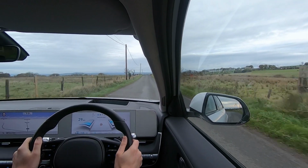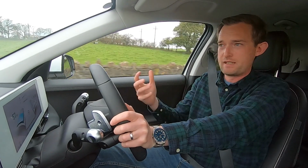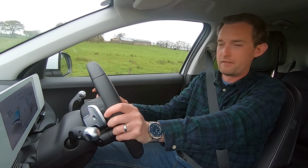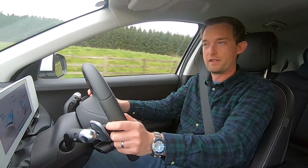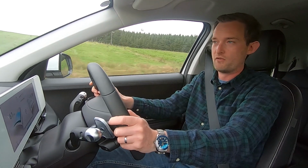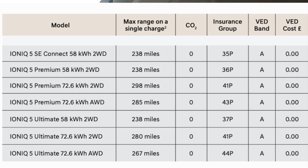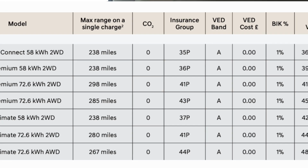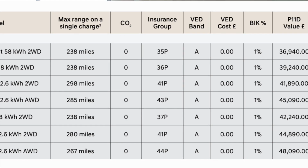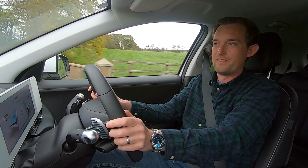But how much does it cost to get into one of these things? Well, retail prices are almost meaningless nowadays, because a lot of these cars won't be bought at retail, they'll be bought on lease or PCP, especially at the moment with the benefit in kind for running a business lease. A lot of cars will be bought through a business or through salary sacrifice or something like that, but it's a yardstick for comparison. So the base car, which is the SE Connect, which has your 58 kilowatt hour battery, your 170 horsepower, rear drive, single motor only, is starting from about £36,000, moving up to the Ultimate, top of the range car with a 73 kilowatt hour battery, 305 horsepower, dual motor, all-wheel drive of course, and that is about